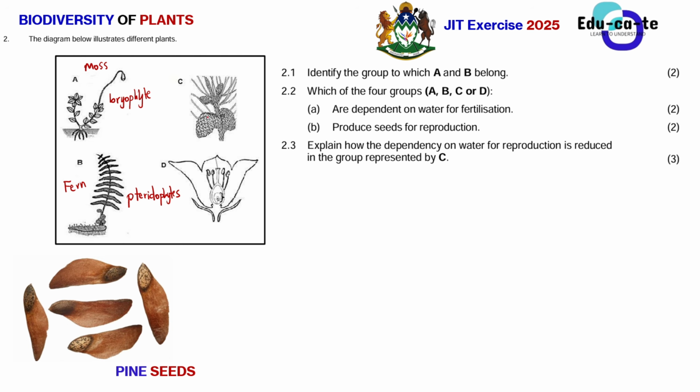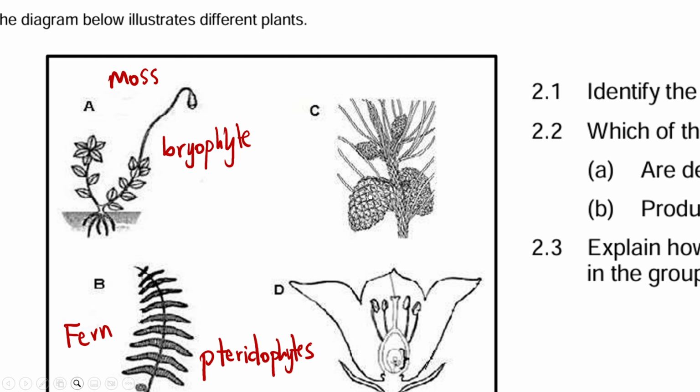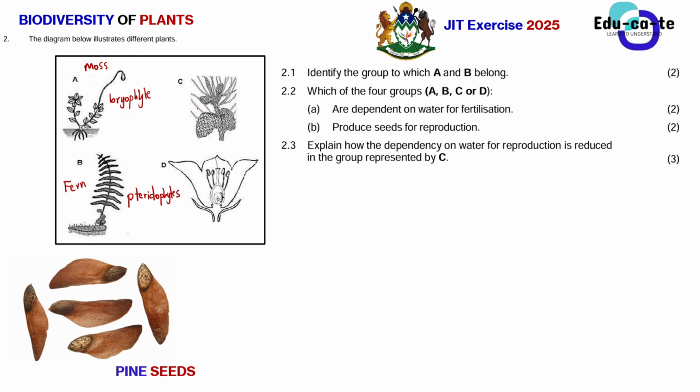And then when you look at C, there's something that you can observe there, right? When you kind of zoom into C, it has got these things that look like cones. These are actually cones, all right? But I just want you to see it yourself. These look like cones, okay? So this is actually a pine tree because it has got leaves that look like needles, okay? We say these are the pine leaves, okay? So the name of this plant is a pine. So this is a pine plant, or it's a pine tree, but basically we say that it belongs to the division Gymnospermae. So basically this is the gymnosperms, okay?